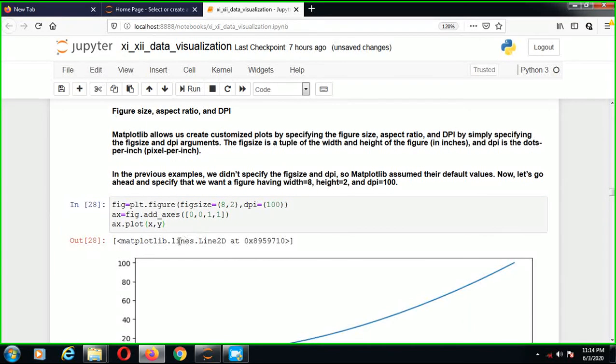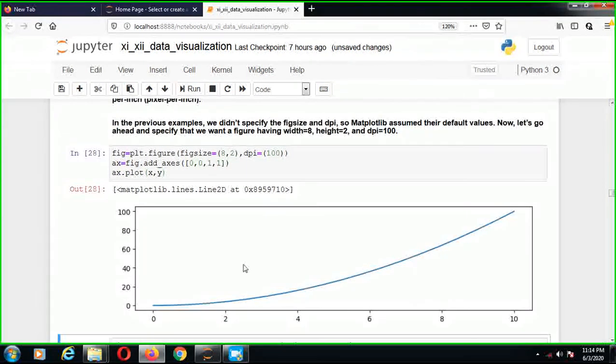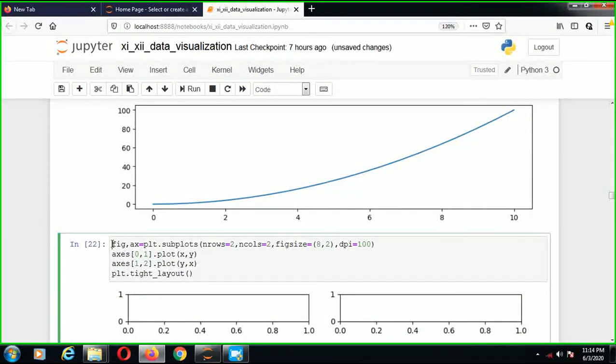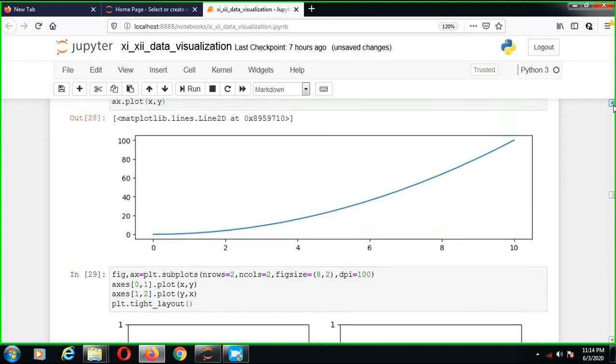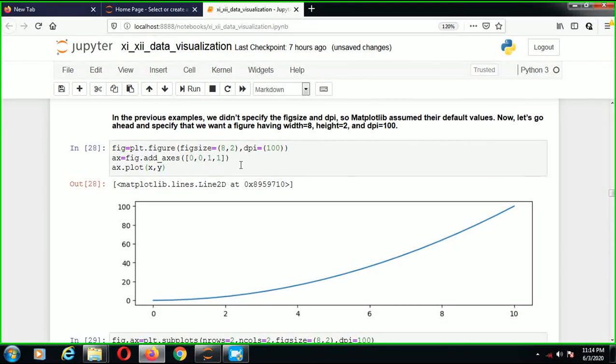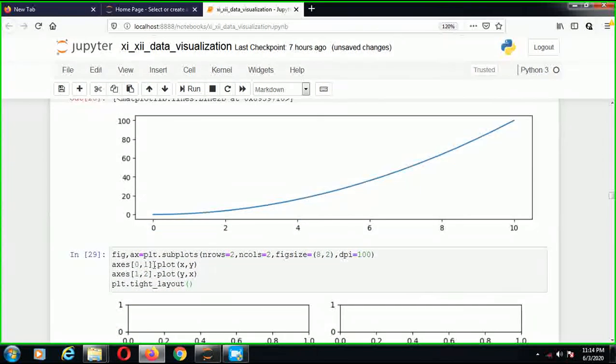Now see the output. Okay, this is the output of the figure. Now we plot the subplots of this. So create a figure with number of rows 2 and 2 columns, and plot y, x and x, y. So this is single and this is double. So we can see the output. Okay, so now if we create 3x3, the output is different. Add axes is here, and right now we are not using add axes. If we add axes, then it will be displayed.